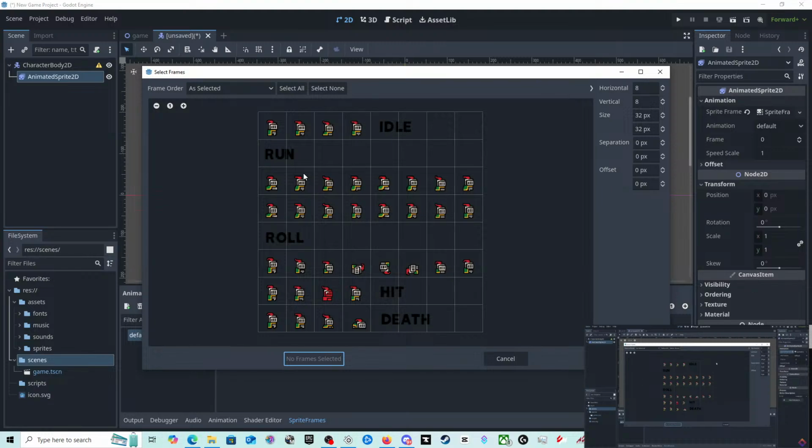Now, to start adding these frames in, we first need to configure the grid here. Currently, it's set to 4 by 4. Let's go ahead and increase this. Mine's already 8 by 8 because I've done it, and as you can see, each frame now has its own grid cell. Let's just start by adding the idle animation. To do this, we simply click the frames in the order that we would like. So I'm going to go from the left-hand side here and click. As you can see, it sets this to 0, the first frame. Then I'm going to click the next one and the next one and the next one. And now it goes from 0 to 3 and will play from left to right.